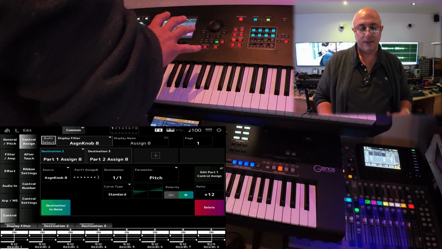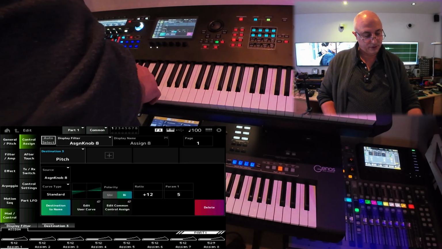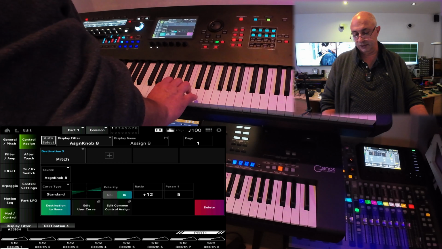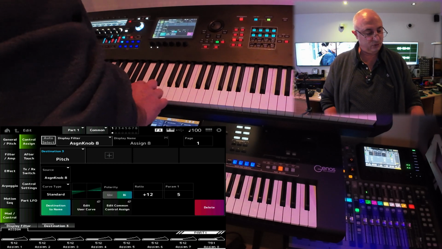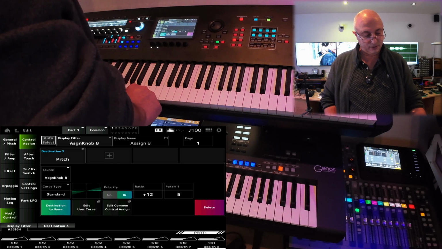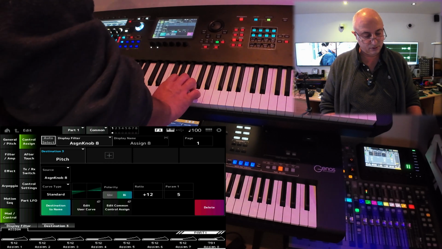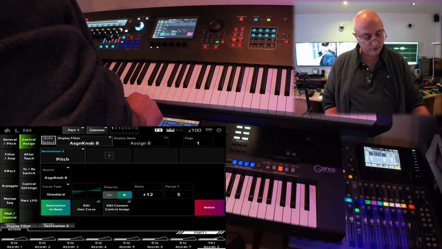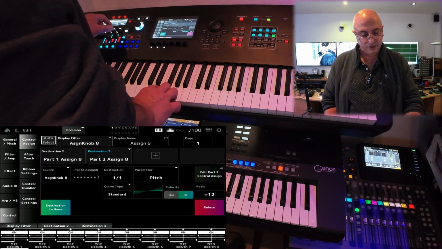You see what happened there? Let me explain. What that means is, if I go to 1 only, and then change it, 2 will not change, because I'm only selecting 1. So I'm going to 2. But if I go to the common now, it controls 1 and 2 at the same time. So if I change the common,